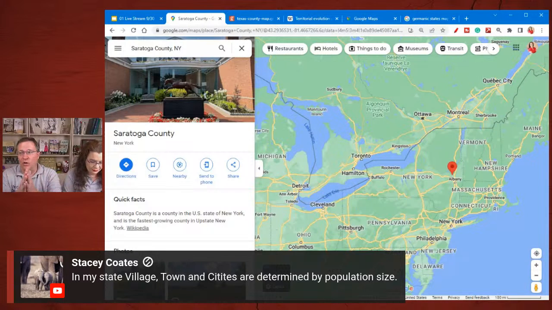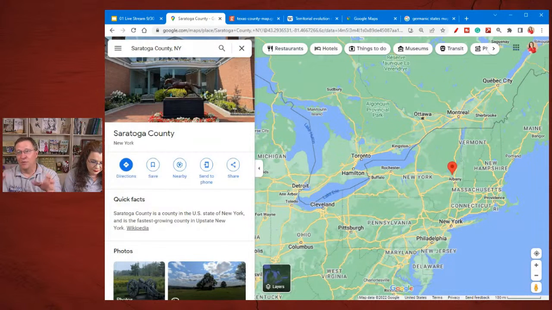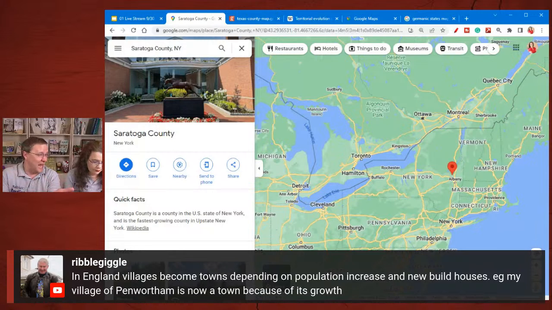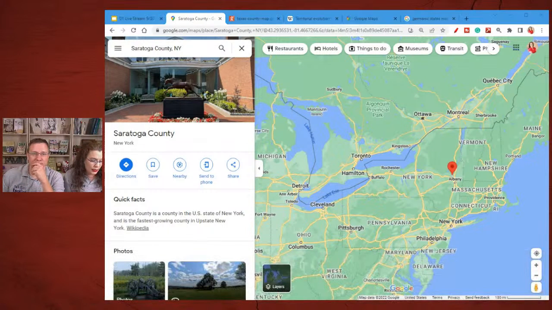So when I say town like hamlet, I'm thinking of where I live now. When we think of towns, we're thinking of little tiny places because we don't ever use hamlet, and we rarely, if ever, use village. The only place that I've seen village used is up in New England. And Ribble Gibble says, in England,